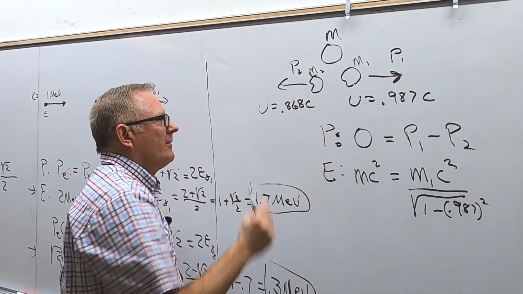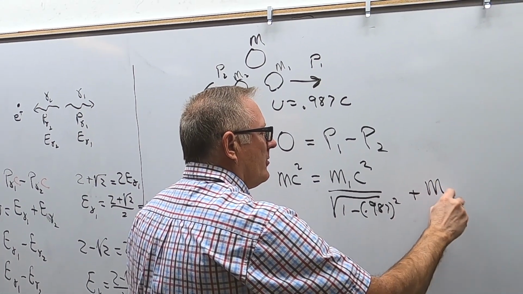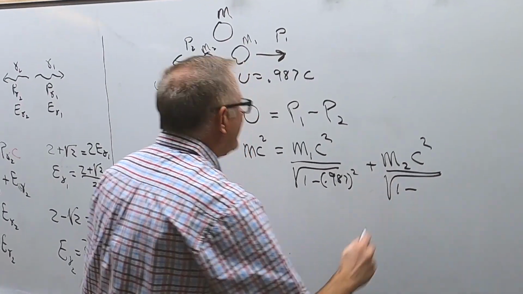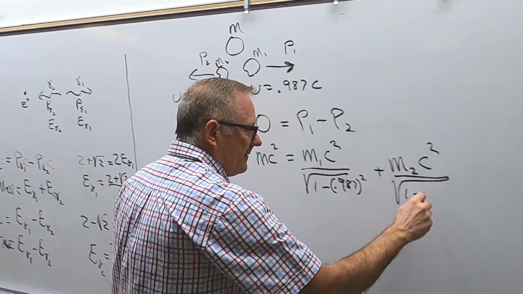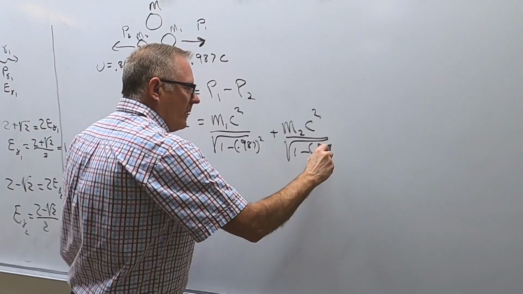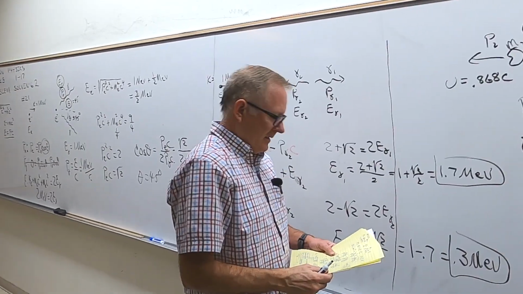Plus the energy of this one, which would be M2 c squared all over the square root of 1 minus 0.868 squared. Okay, and